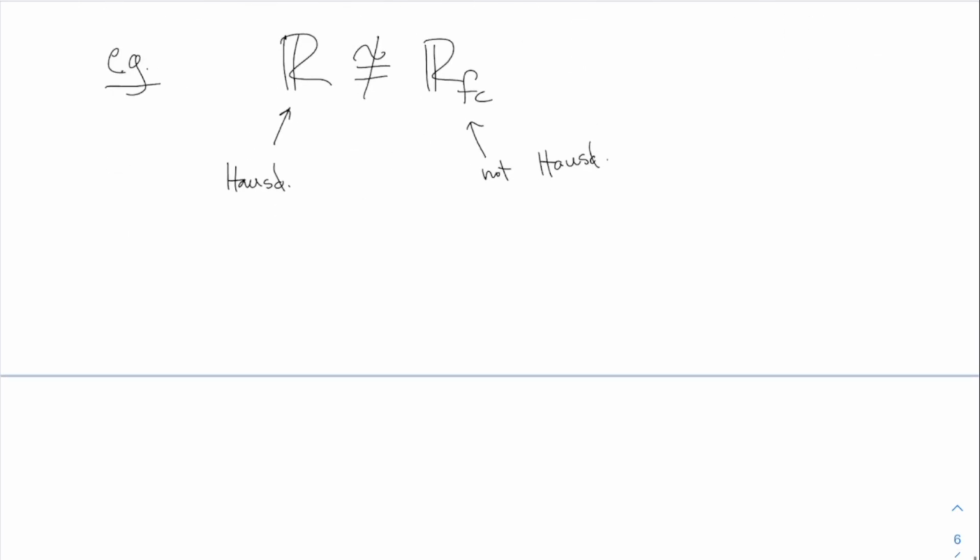Here's another example that's not about Hausdorff. How about R versus R with the lower limit topology? They are not homeomorphic. Why not? You have to somehow think about some way in which the open sets from R are different from the open sets from R with the lower limit. Now, obviously, they look different, but you have to describe how maybe R has some different arrangement of open sets than the other one, all right? And it's not obvious what the difference is, but if you think about this, one thing that you can say